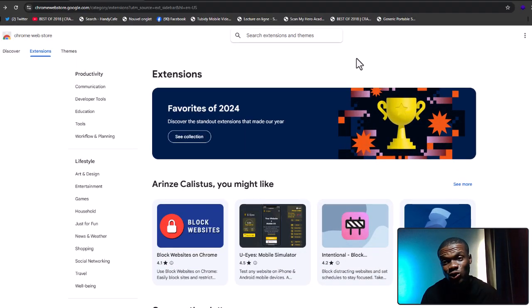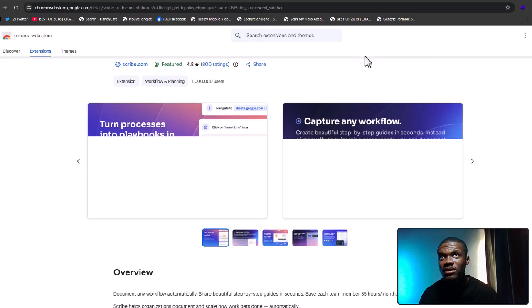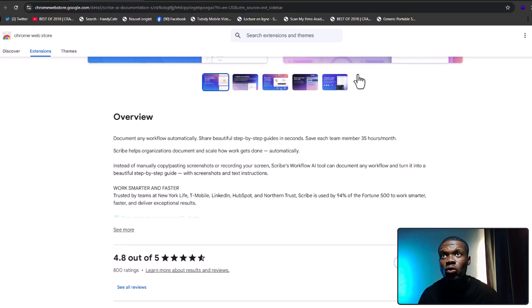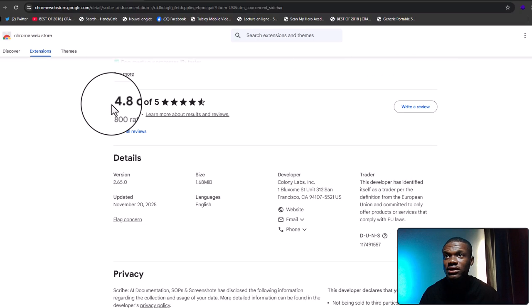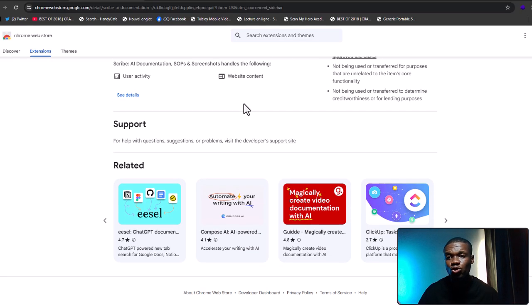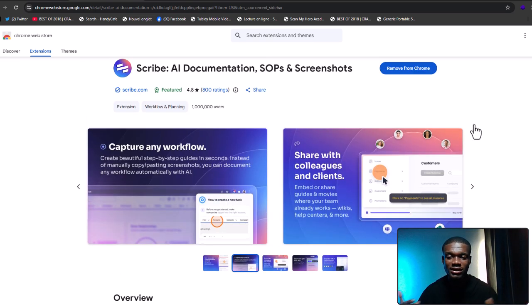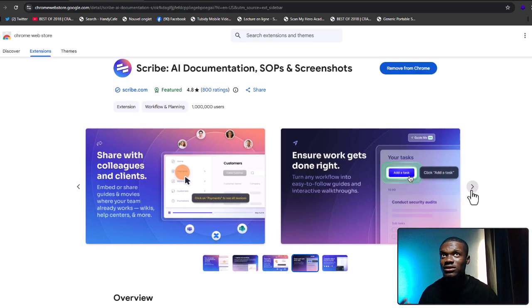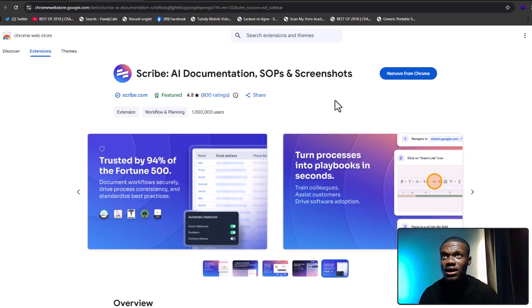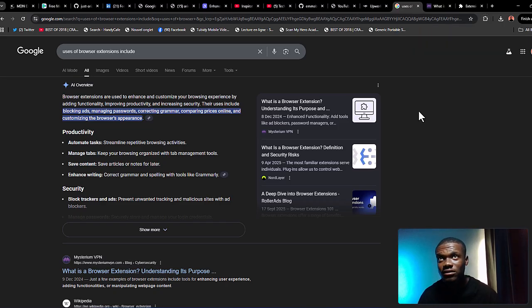The next extension that I use often is called Scribe. Now, if you wanted to simulate your screen or whatsoever, if you wanted to show your employer a step-by-step guide, or a friend of yours a step-by-step guide of how to do something, Scribe might be a better option for this. Now, when we tap on Scribe, you might want to sign in, of course,